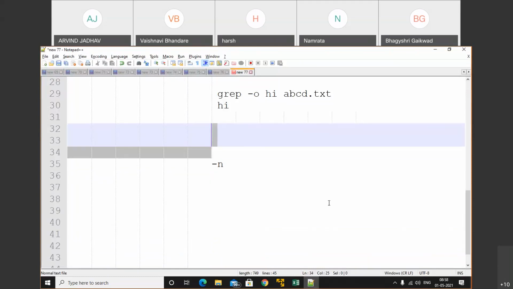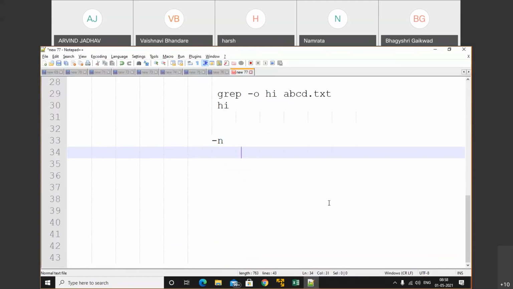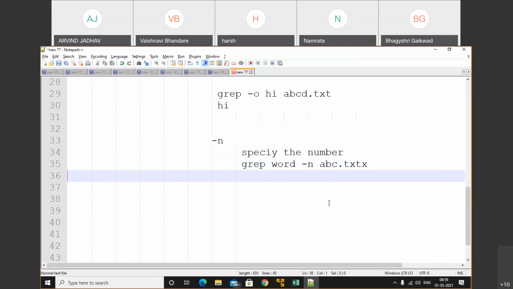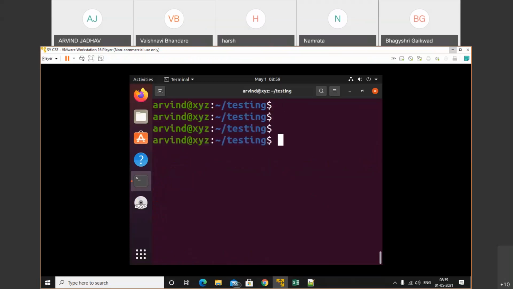And the last option of the grep command is -n. It will specify the line numbers. For example, if you have 4 lines, it will specify the 4 numbers: 1, 2, 3, 4. I will do that. Grep word, hyphen n, and file name. Let's do that. We'll check common operations on this file with lines.